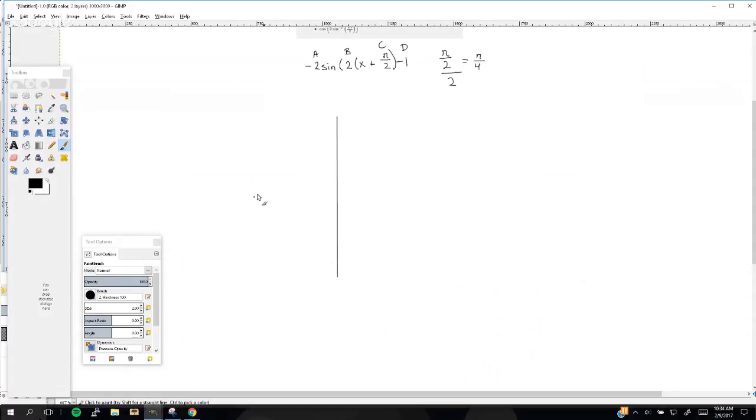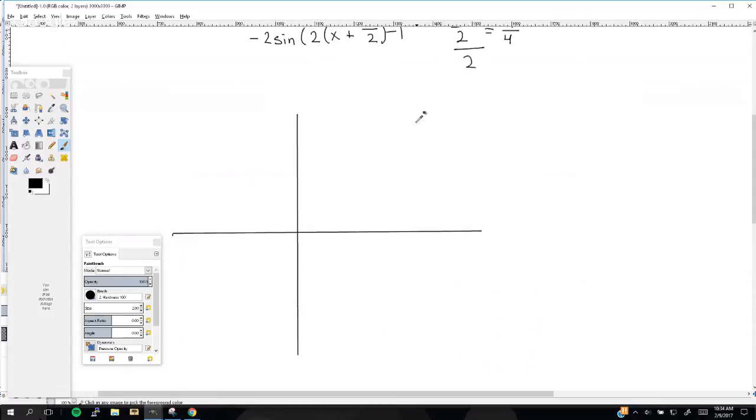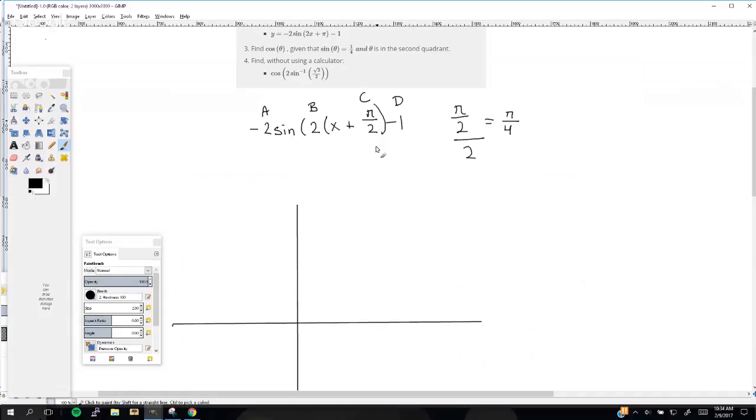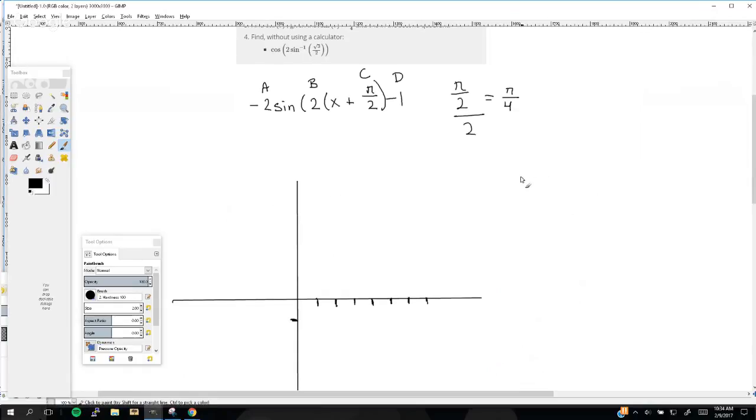And then we have the shift over pi over 2 to the right, and it goes down 1. And it's also the inverse. Yes. I'm trying to think of how we should divide this up. So pi over 4 divided by 4 is pi over 16. But because we're going to be moving it over pi over 2,